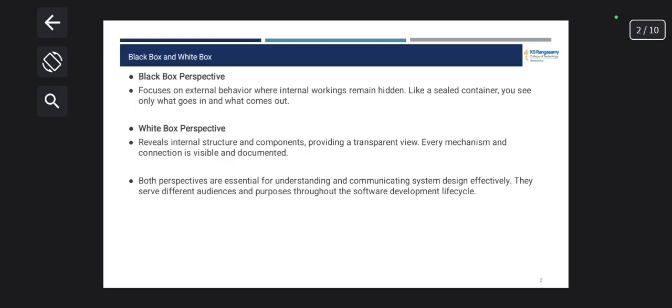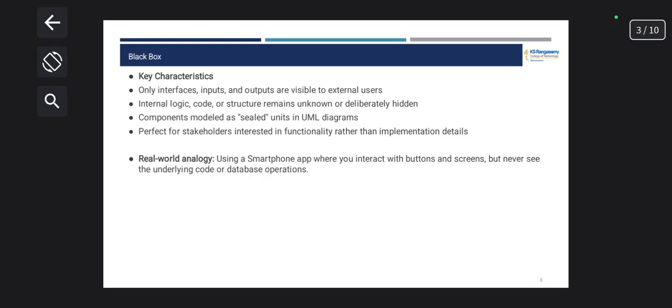So the next one is black box testing. The key idea is that only the interface, input and output are visible to users. You don't see the internal logic, code or structure. So it is hidden or sealed. In UML diagrams, components are often shown as sealed units, meaning you only know what goes in and what comes out. So this perspective is perfect for stakeholders who care about the system's functionality rather than how it is